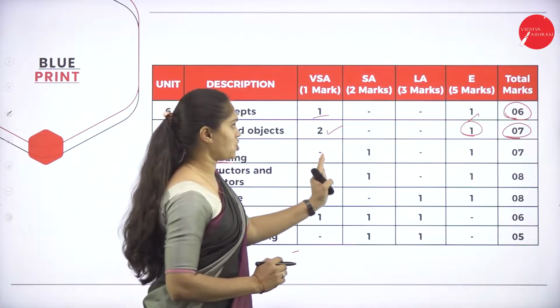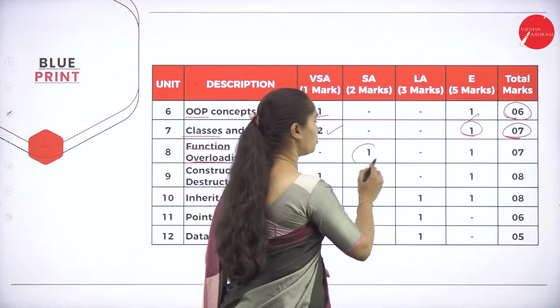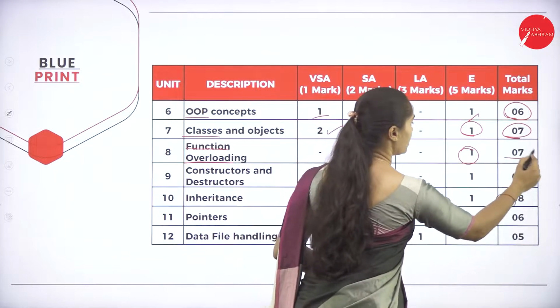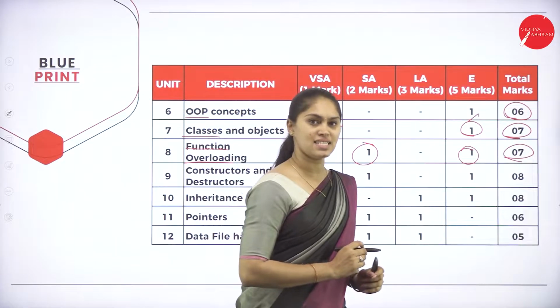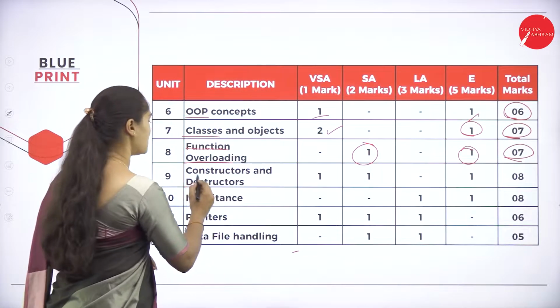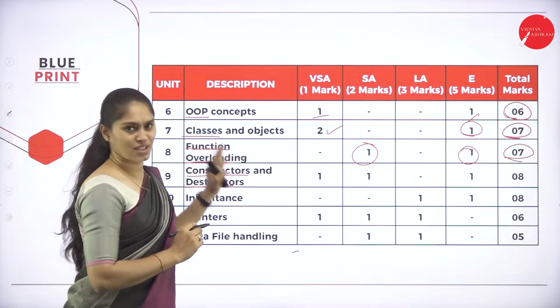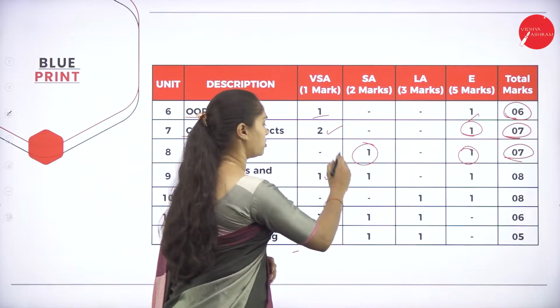So no 1 mark question; you are going to get one 2 mark question and one 5 mark question, and totally 2 questions from this chapter, and it will be for 7 marks. Next, constructors and destructors. In this chapter, you need to concentrate on 1 question,